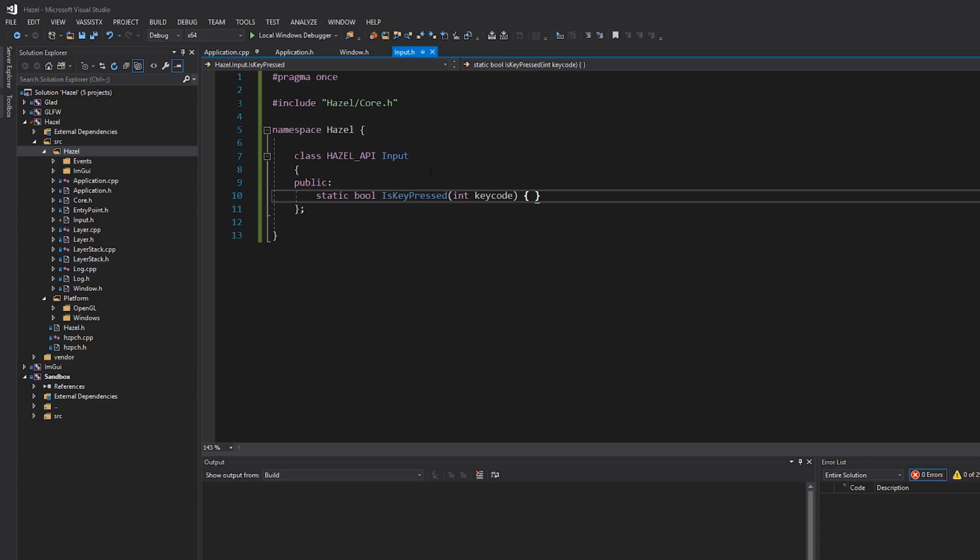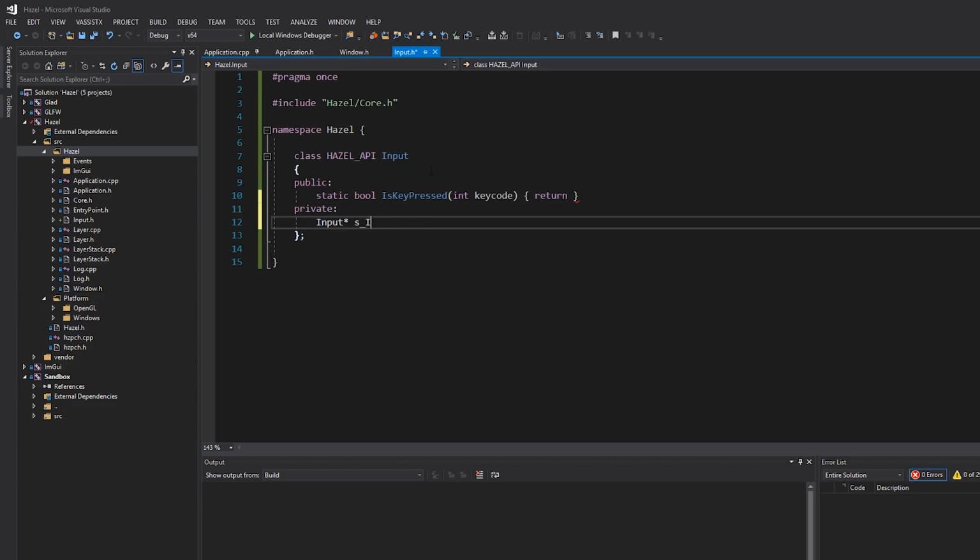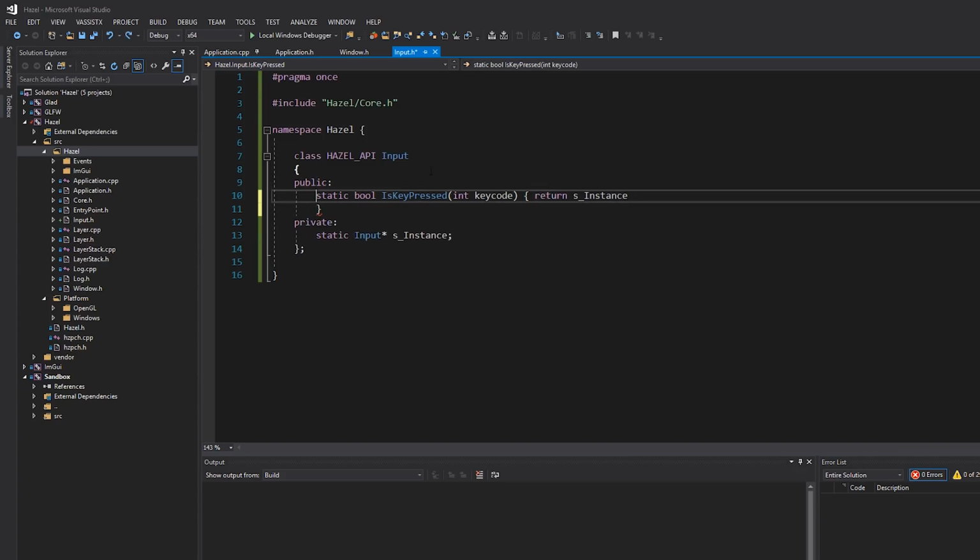But we need to have our own key codes because we can't tie ourselves to GLFW because, of course, that's going to end up being potentially different on other platforms, as well as obviously that's not going to be a thing on Android or other devices once we get into that space as well. Now here's the thing, this is static. However, what I'm actually going to do is make this a singleton. So we're going to have a single instance of this input class like that. And then what we're going to end up doing is returning s instance and then probably the implementation of this